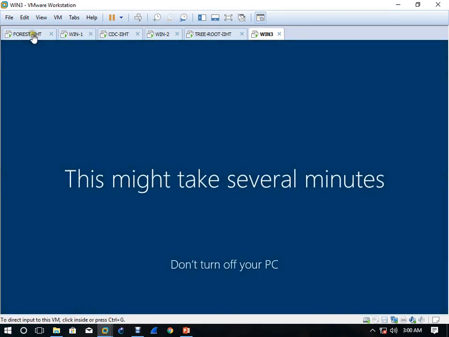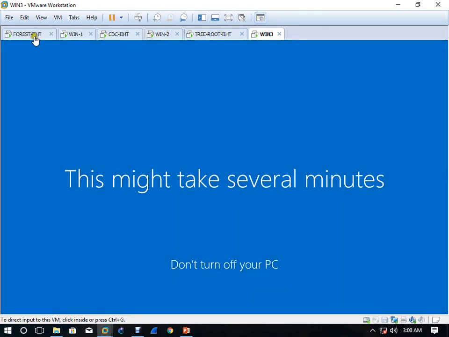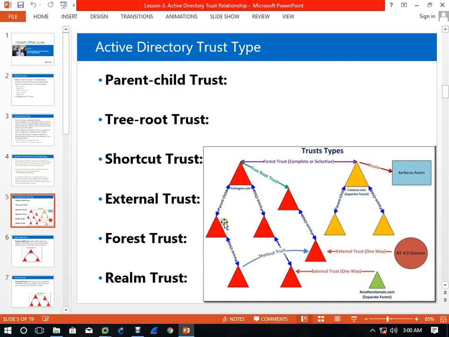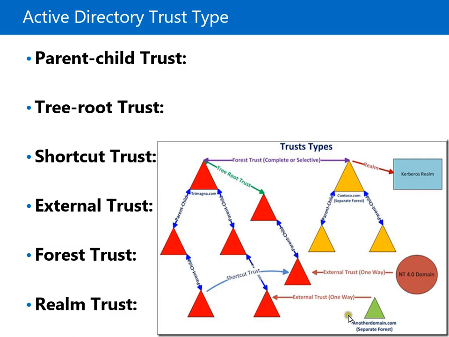So every server is a part of, if you come here in the main server, see this is your main server domain controller, and every user, see this is parent, this is CDC, this is tree domain, but all are transitive trust, and the user of this domain can log in here, the user of this domain can log in here, the user of this domain can log in on tree domain, and the user of tree domain can log in on this one.